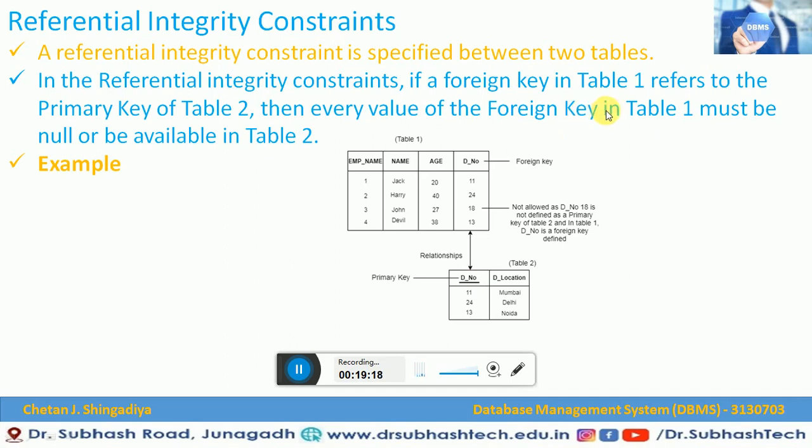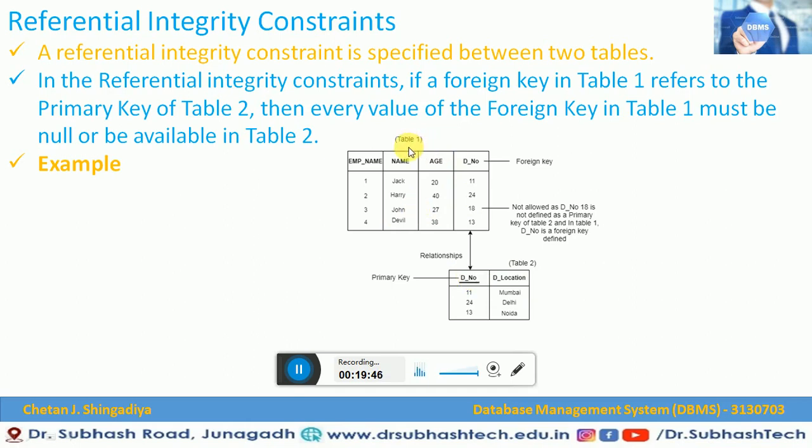Then every value of the foreign key in table 1 must be null or be available in table 2. That means whatever we are defining here in table 1, that value is supposed to be available in this table too, or they should have null values. This is what they are saying.